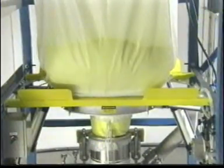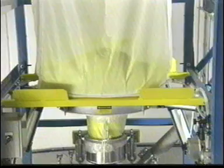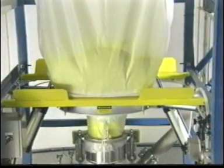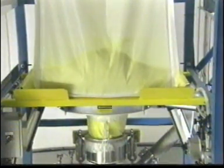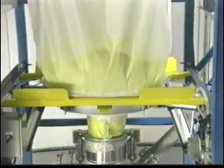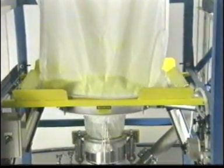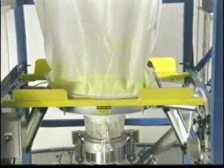Flow flexor bag activators loosen material which has compacted during shipping and storage. When the bulk bag begins to empty, the stroke of the flow flexor cylinders increases, directing non-free-flowing bulk material into the central flow column. As the bag continues to empty, the increased stroke of the cylinders raises the bottom of